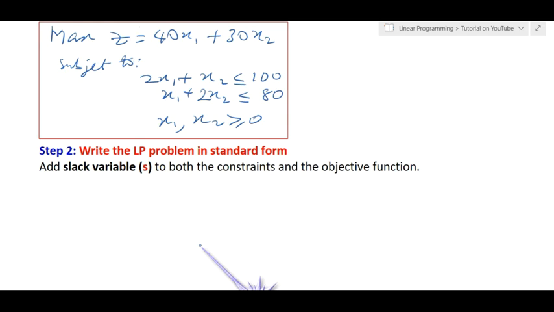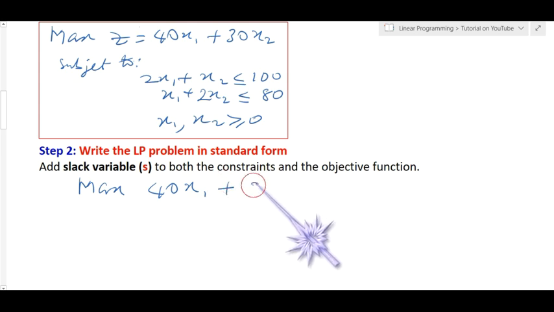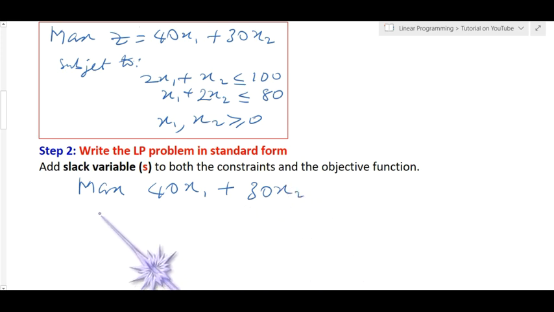After writing down the linear programming problem, step 2 is to write the problem in standard form. To do that, we add slack variables S to both the constraints and the objective function. We start with the objective function. We have maximize 40 x1 plus 30 x2, subject to